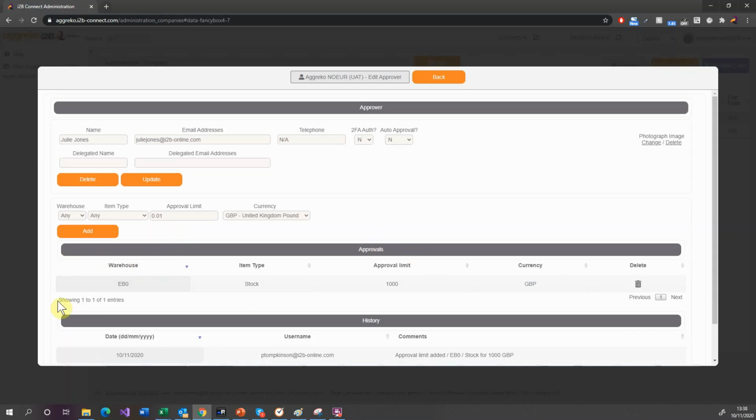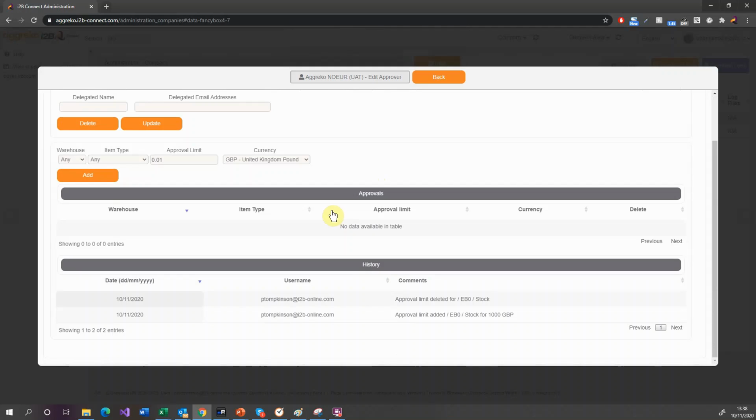You can see there that this starts to populate this section here. So we can see that Julie, warehouse EB0, stock type, approval limit of 1000 GBP. If I've entered that in by mistake, I can just click on the delete button here, and that will remove that limit against that approver. Okay. What you'll also see down the bottom here is an audit trail starting to generate. It records the username and just some comments about what's just occurred there. So initially we added an approval limit for that combination of warehouse, item type and value, and then we deleted